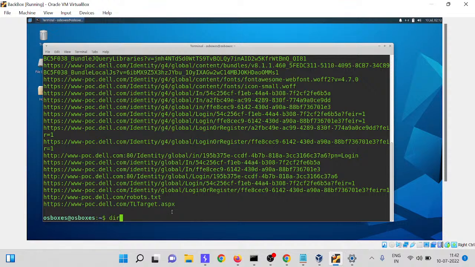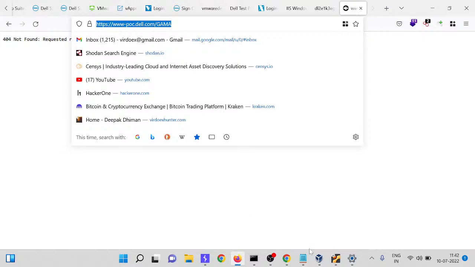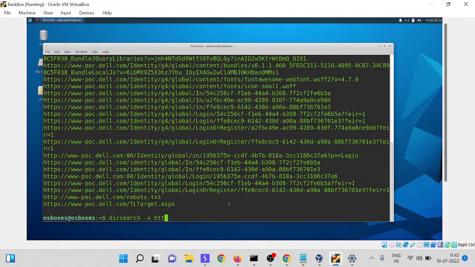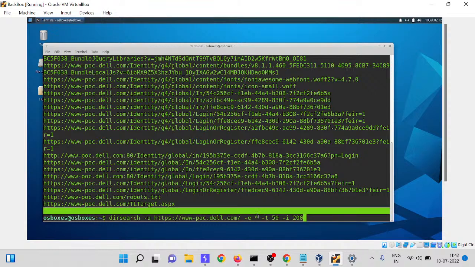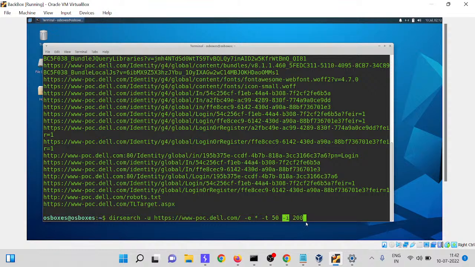Third thing you need to do, dirsearch: URL, extension star means all allowed, threads 50, -i 200 means we only want 200 status.